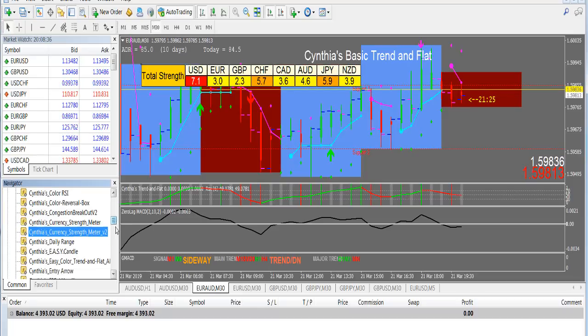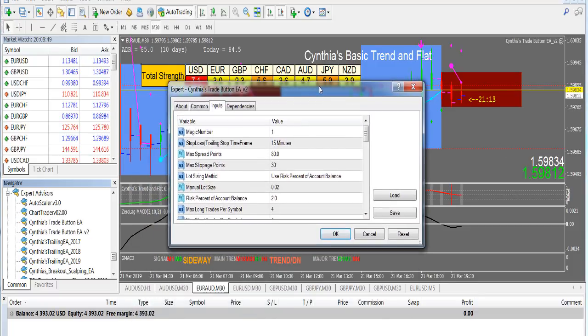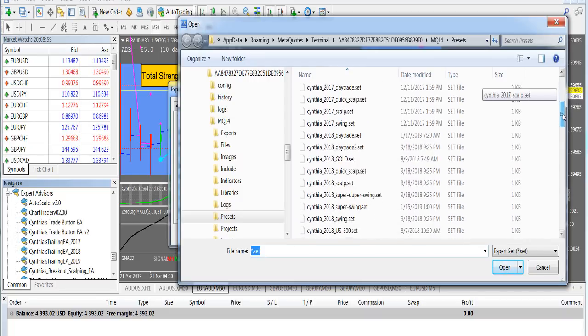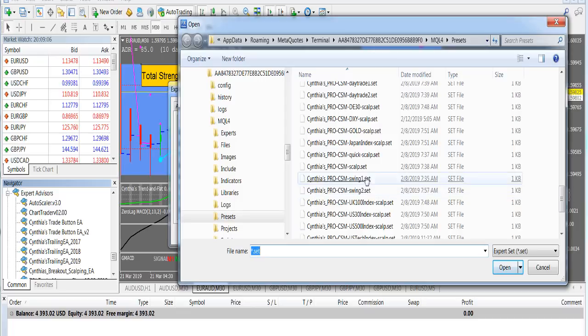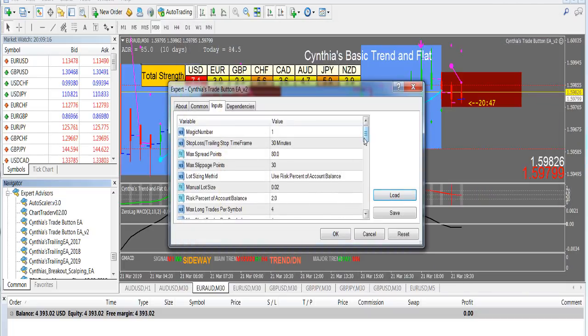The next thing I want to show you is how to add the trade button. It's now version 2, so just left mouse click it and drag it to your chart, and it's going to open, and now you have to click load and choose what preset file that you want to use. So I have a lot of preset files in here from my other trade managers, so you have to find, here's Pro CSM, so we're in a year odd, so maybe I want to choose the day trade 1 set file. So this changes all of the settings within the inputs tab,